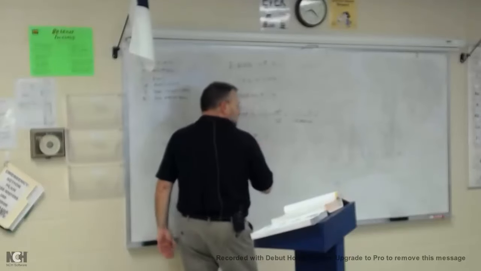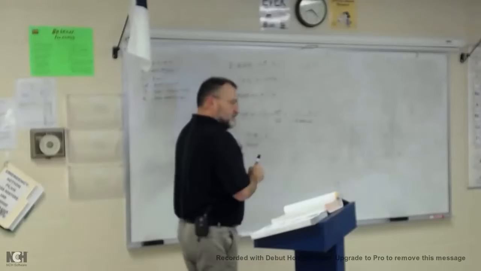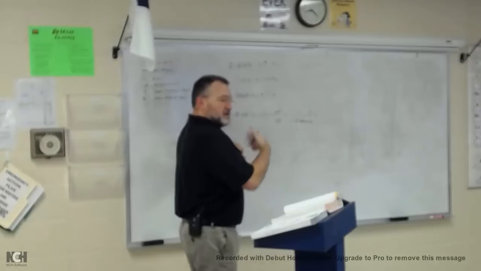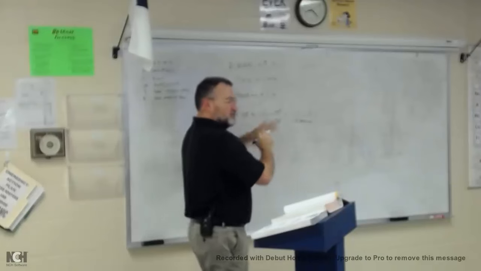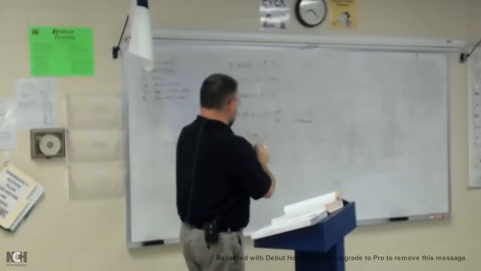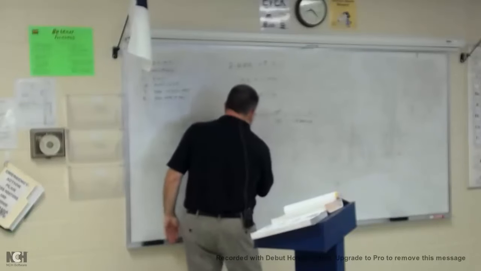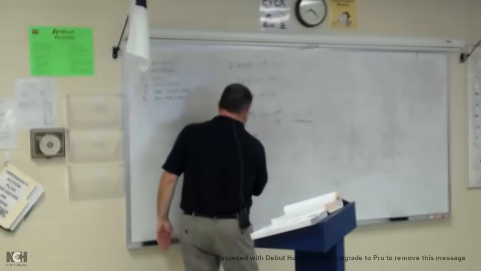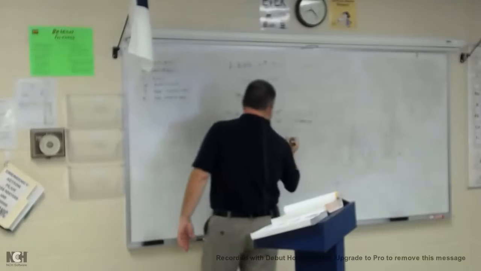How many places am I going to move it in what direction? 3 places because there's 3 zeros, right? And which direction again? To the left, because I'm dividing by 1,000. I'm making it smaller. If I were multiplying by 1,000, I'd move it 3 places, 1, 2, 3, but to the right. Here we're dividing, we're making it smaller. 3 places to the left. It's 1, 2, I need a placeholding 0, and then I need a leading 0 to have it in appropriate form. So this comes out to be